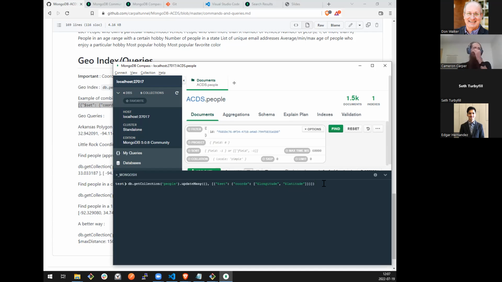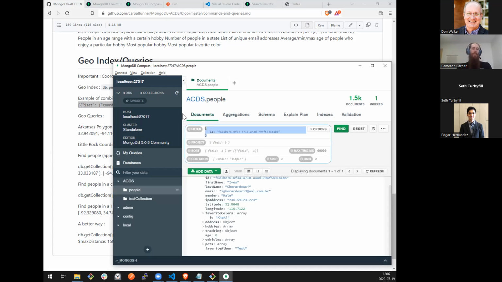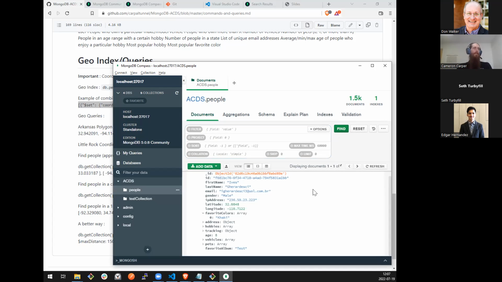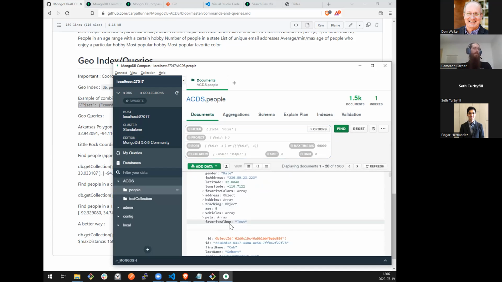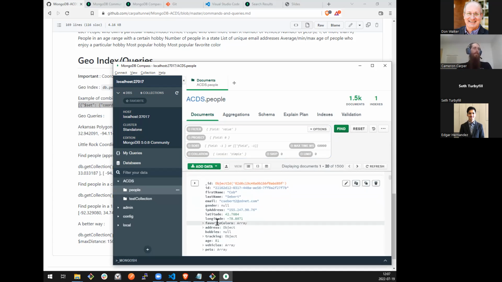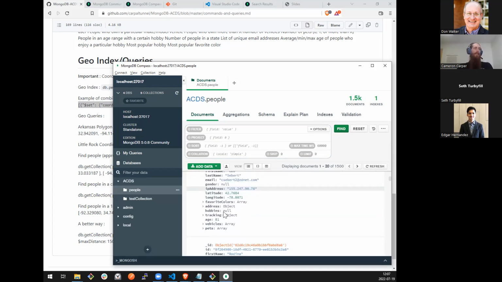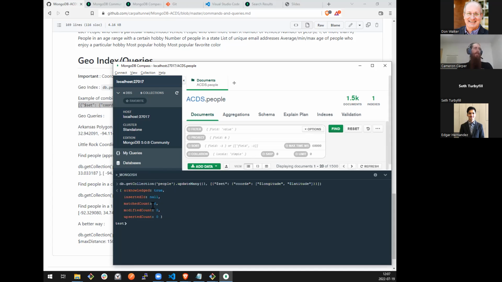So I'm going to execute this, which should update every document with a new field named chords. And let's minify this and check if that actually happened. And it did not, and I was worried that was going to be the case because it said modified 0. Ooh, and I think I know why, because I think it's defaulted me to the test database and I need to be in,